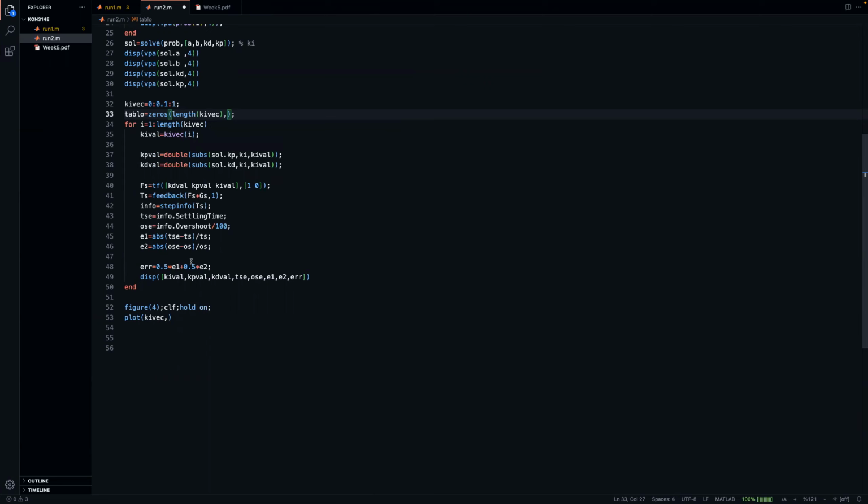And how many columns do we need? Well, 1, 2, 3, 4, 5, 6, 7, 8. Seems like 8, but this can depend. This is just for debug purposes, by the way. You don't really have to save everything, but in the tabulation method, we like to do that in order to debug a bit better. So instead of displaying it in each iteration, we can go to the ith row of the table and assign this whole thing to the table. And then we can show the table